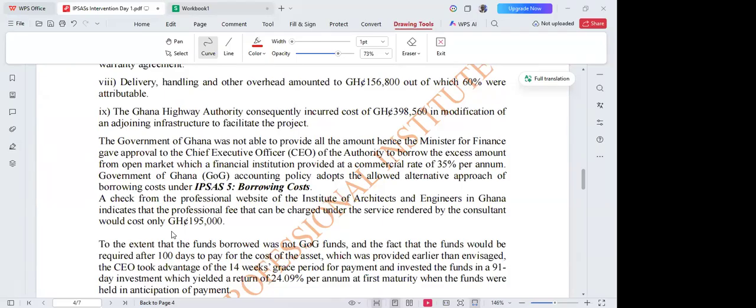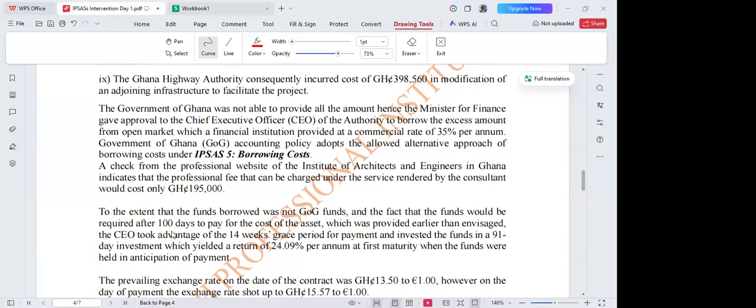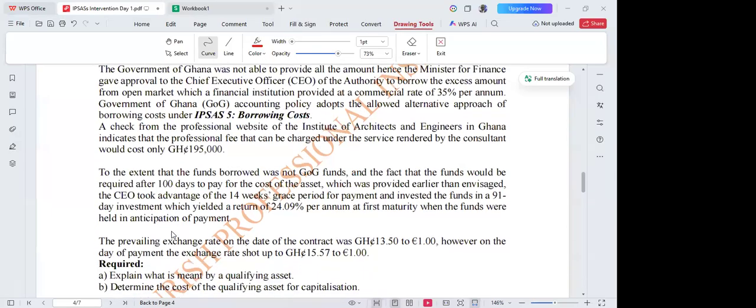Government of Ghana accounting policy adopts the allowed alternative approach of borrowing cost under IPSAS 5 Borrowing Cost. A check from the professional side of the Institute of Architects and Engineers in Ghana indicates that the fee that can be charged under the service rendered by the consultant could cost only 195,000. To the extent that the funds borrowed was not GOG funds, and the fact that the funds would be required after 100 days to pay for the cost of the assets, which was provided earlier than